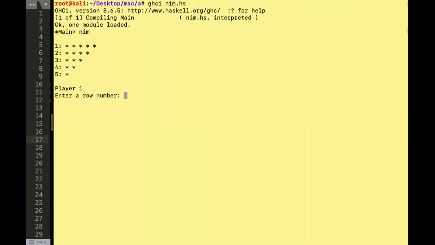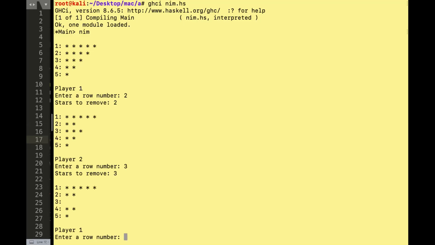He enters the row number and how many. So let's say the row number is 2, and the stars to remove. Then player number 2 takes his turn, and the last player to remove the star is the winner of the game.